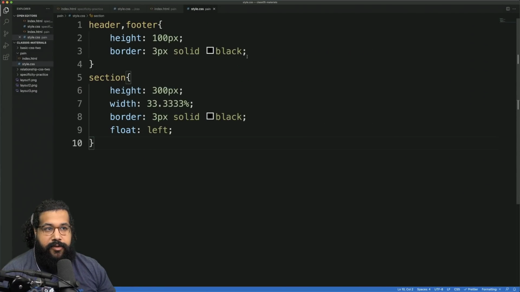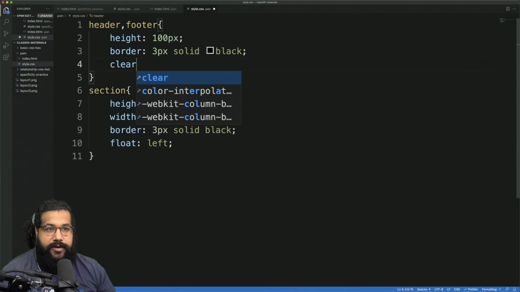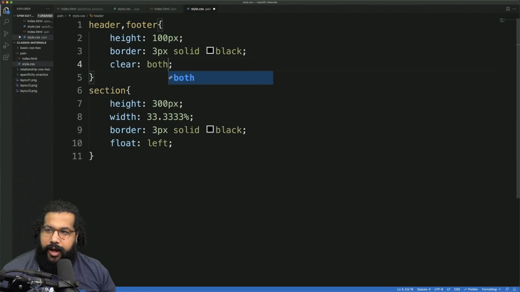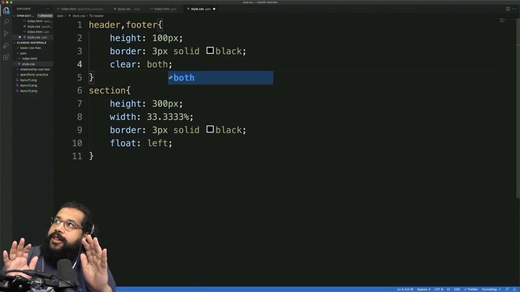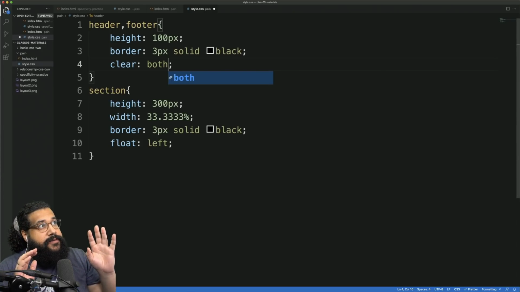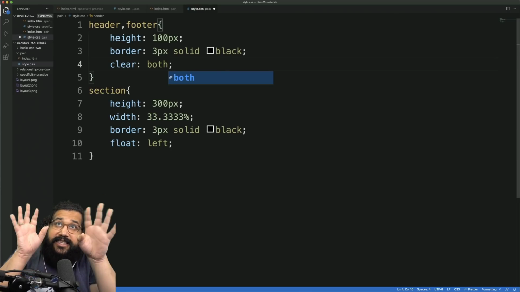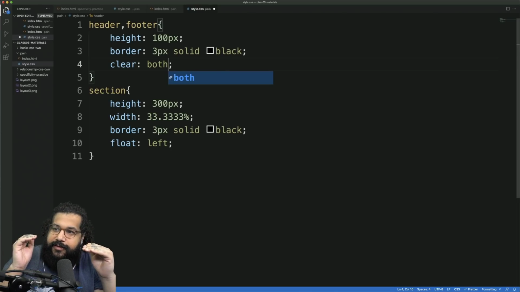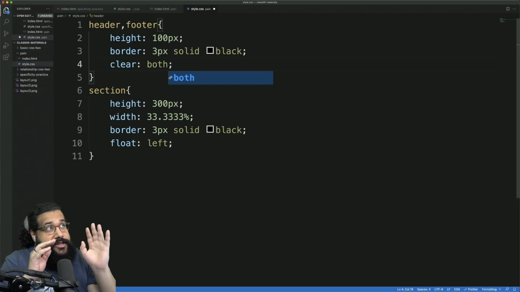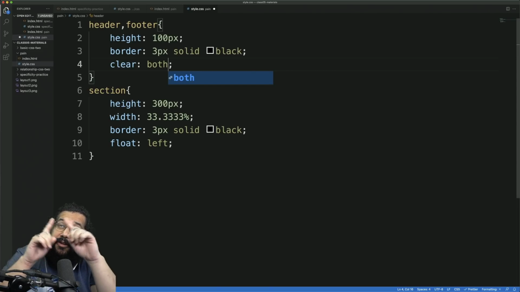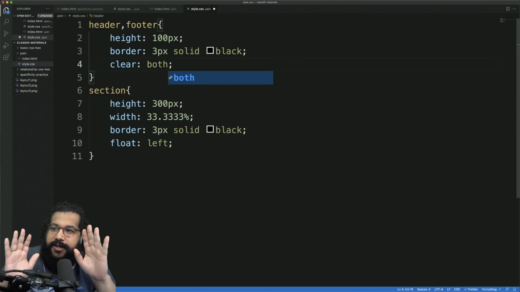So we can go up here and just add clear. I'm going to add both. What clear both means is it's kind of like telling both the header and the footer at the moment, but we only really care about the footer. It's like telling the footer, hey, look to the left and look to the right. If there's anything floating, take notice of it. So it looks up, looks to the right, looks to the left. It actually sees those floating sections